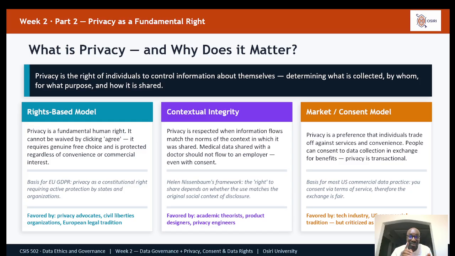Like I told us in the last class, once you are chatting on WhatsApp, you'll be shocked that whatever conversation you're having with any other person, you suddenly go to your Facebook, and all the adverts you are seeing on Facebook relate to what you are chatting on WhatsApp. Yet WhatsApp is telling you that your conversation is end-to-end encrypted.